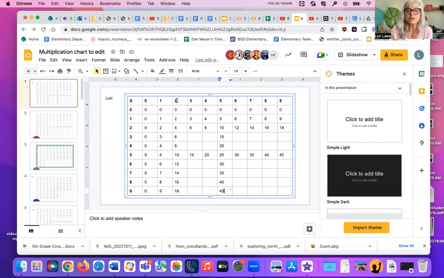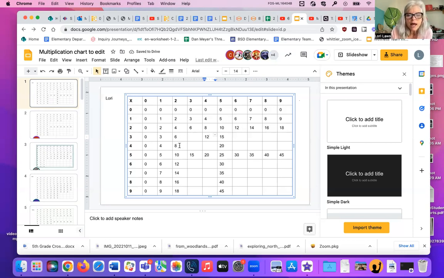So if 1 2 is 2, then 1 4 is 4. If 2 2s is 4, then 2 4s is 8. Look at that. They're just doubling. If 3 2s is 6, then 3 4s is 6 doubled. What is 6 doubled? 6 and 6 makes? Nope. Wait, 12. 12. Okay, so if you're good at doubling,